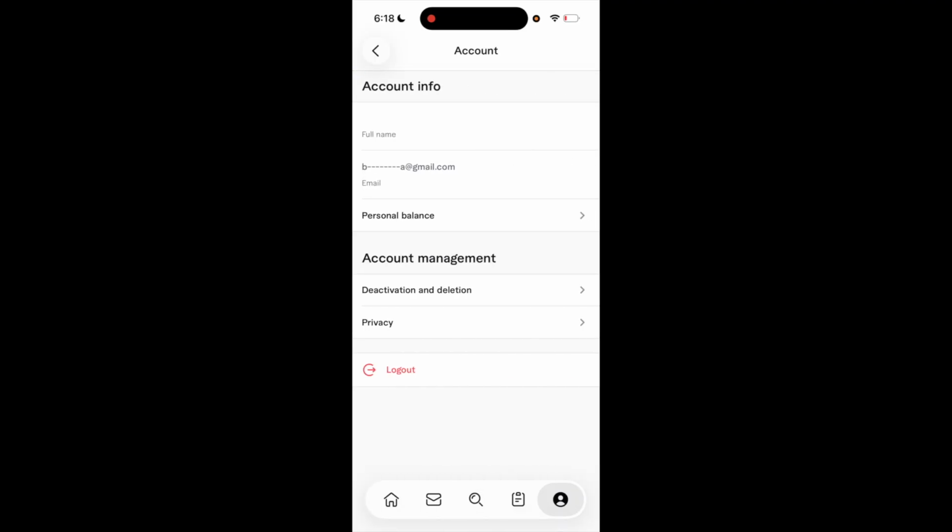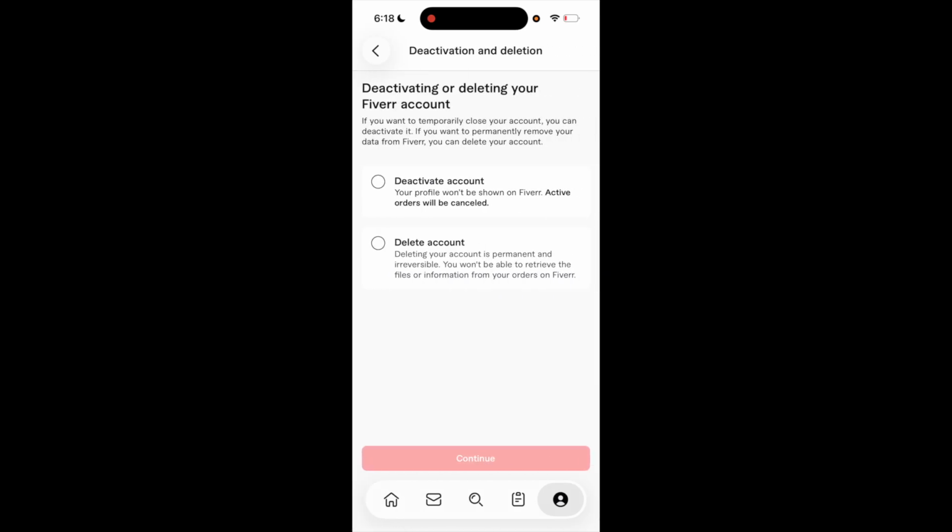Then under account management, it says deactivation and deletion. You guessed it, go ahead and press that. Now, if you want to delete your account, make sure that deleting your account is selected. Keep in mind as well, deleting your account is permanent and irreversible, so you won't be able to change your mind later. If you want to change your mind, just press deactivate, but in this case, you want to go